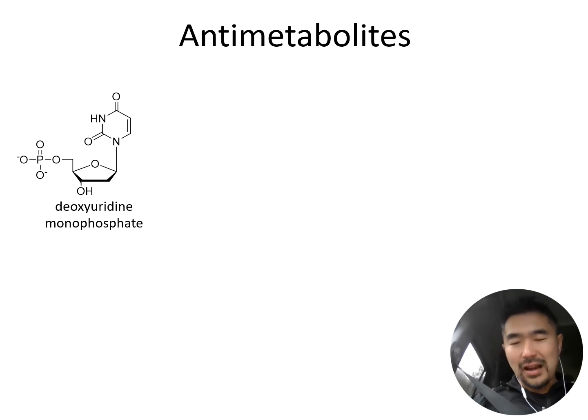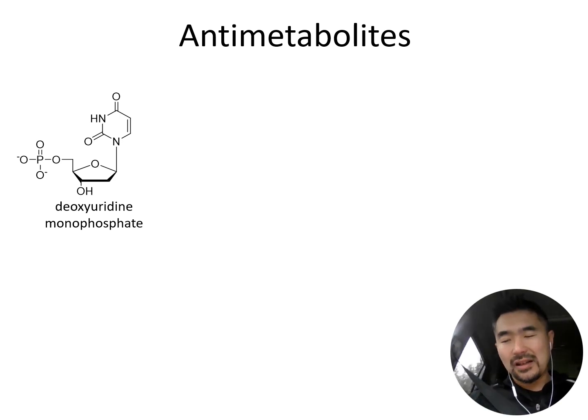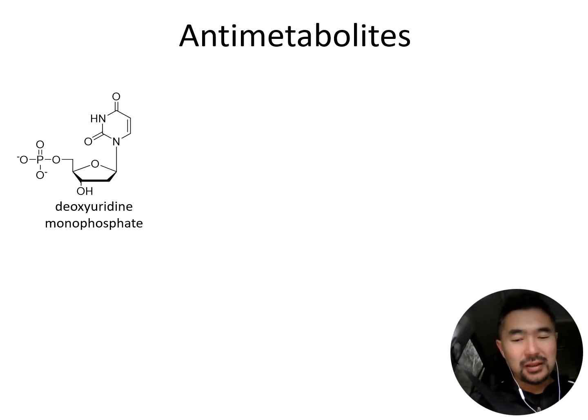So that story begins with deoxyuridine, which of course is not one of the DNA bases, because uracil is not one of the DNA nucleobases, but this is needed for thymidine biosynthesis,